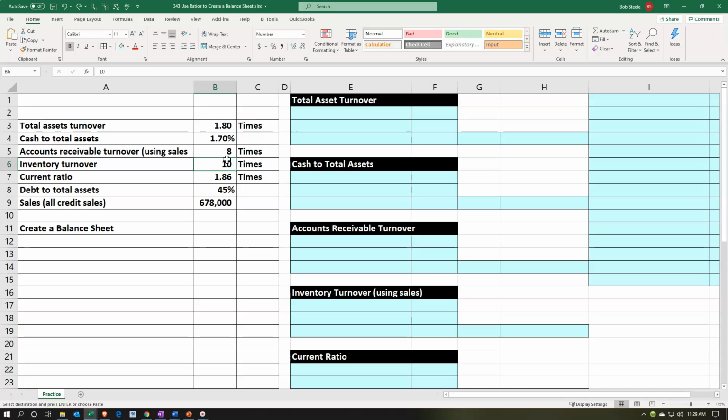Typically we would think of us having the financial statements and creating ratios from them. Now we're going to have the ratios creating the balance sheet. You could think of this happening in practice in that you might have one period, for example, that you take the ratios from, and you might use those ratios to do some types of estimates or projections and create components or parts of the balance sheet or income statement for a future period as a type of